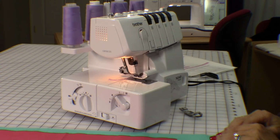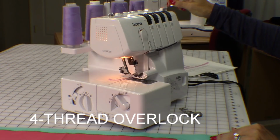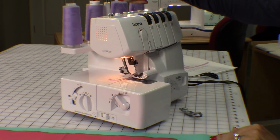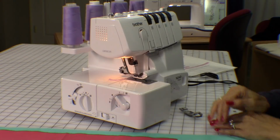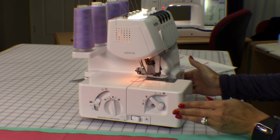Let me show you the settings I have my serger set up. I have 4 threads, so it's a 4-thread overlock. You could also do a 3-thread wide overlock, so I would remove this thread here and remove this needle, the far right needle. Then you could do 3-thread wide overlock. But I'm going to do 4-thread. The other adjustments we need to make,